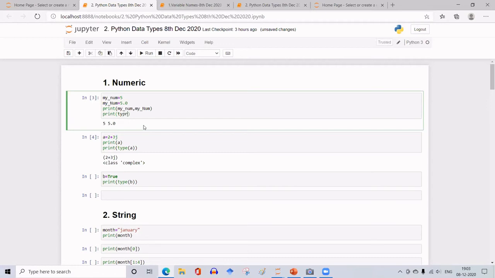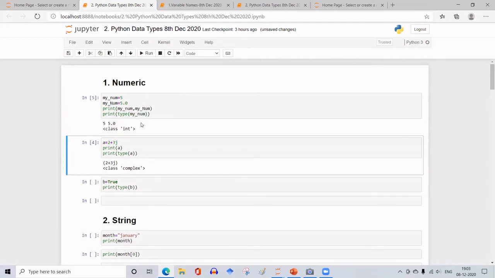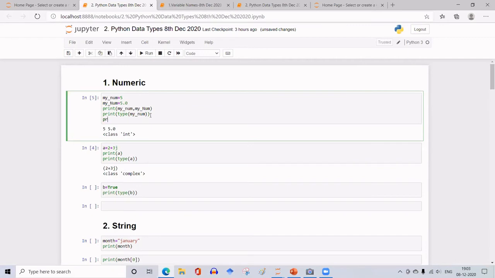Similarly, here also I can ask it to print type of my_num, the one with all small letters and an underscore in between. This is integer data. Then I'll ask it to print the type of the last one, my_Num with a capital.